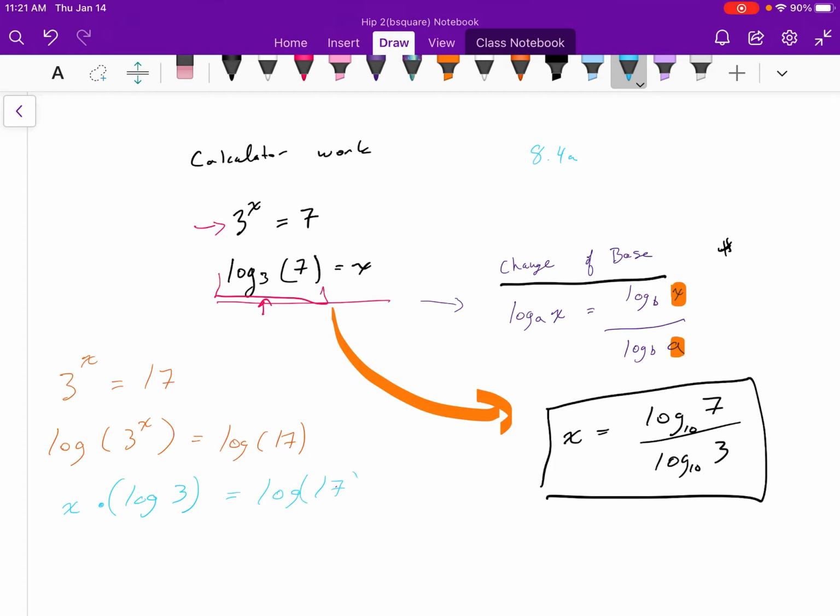is equal to log 7. Now, since I have not defined my base, it is assumed to be log base 10. So I can divide both sides by log 3, and wouldn't you know it, I end up exactly in the same place that I was before. All right, I just realized I made a mistake. That should have been a 7. But regardless,